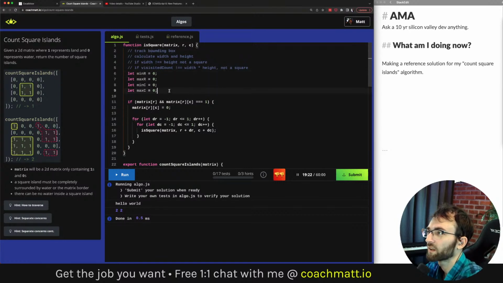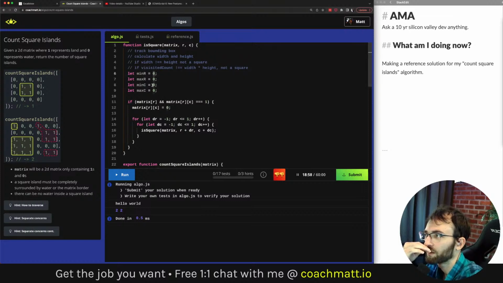You'd imagine later that whenever you visit a coordinate, if the coordinate that you're at is less than the minimum that you've seen, then you would update your minimum. But with the array that we're dealing with, the coordinates are always going to be 0 or greater. So 0 is going to be hard to beat.